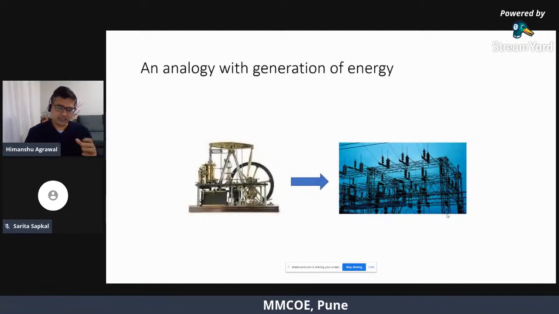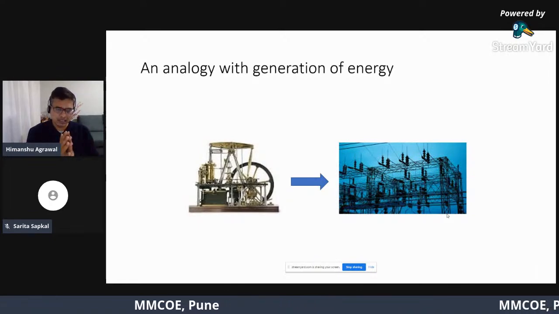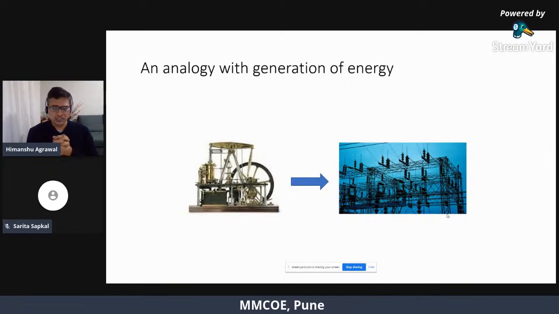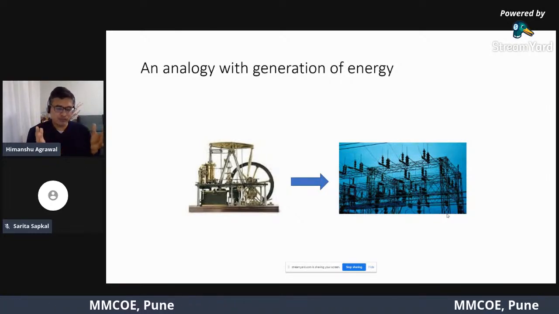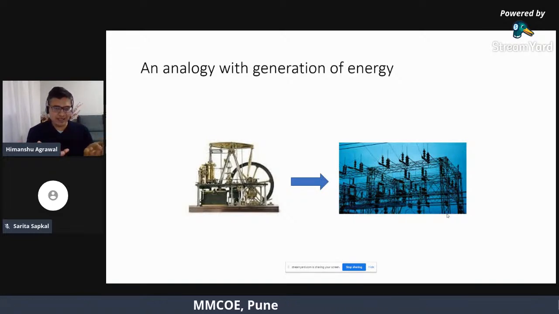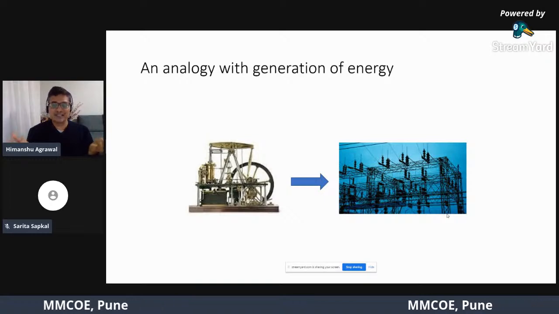And before I start formally about cloud and discuss IoT and cloud together, I think it is worthwhile to see this analogy. If you see this slide, this gives you how we used to generate electricity, which is then transformed into a distributed network of electricity.